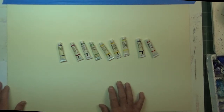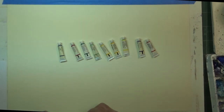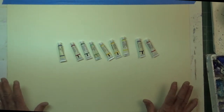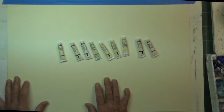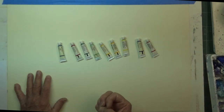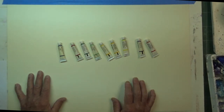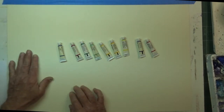So why do some colors stain and other colors don't? It has a lot to do with the particle of the pigment. You know that watercolor paper, other than really smooth hot press watercolor paper, generally has hills and valleys. And when you put watercolor on the paper, it absorbs in the fibers of the paper. Well, staining colors, interestingly enough, stain in a lot of cases because the particles of the pigment are a lot smaller than particles in non-staining colors. Because the particles in the pigments are smaller, they tend to penetrate the paper more rather than just lay